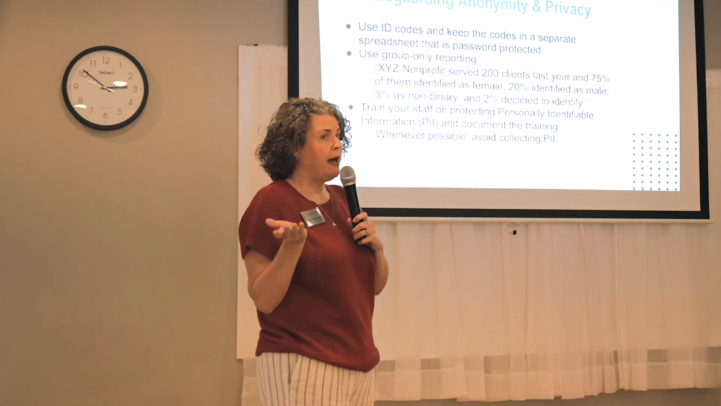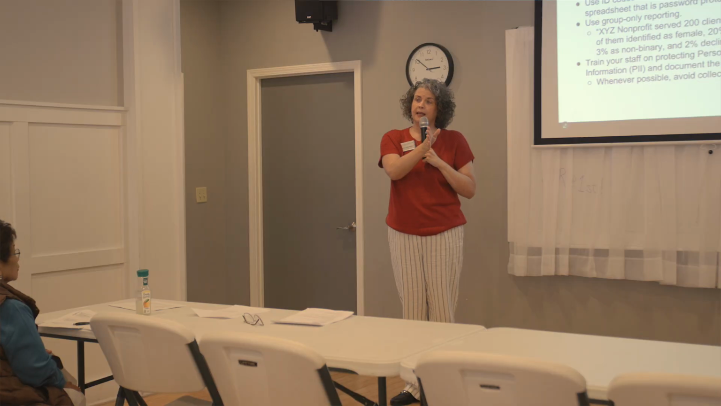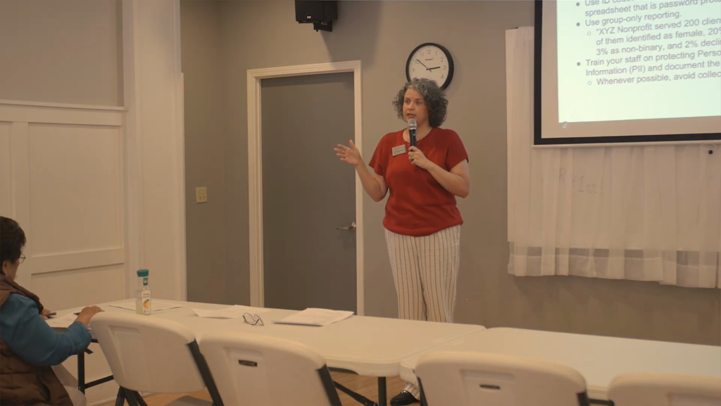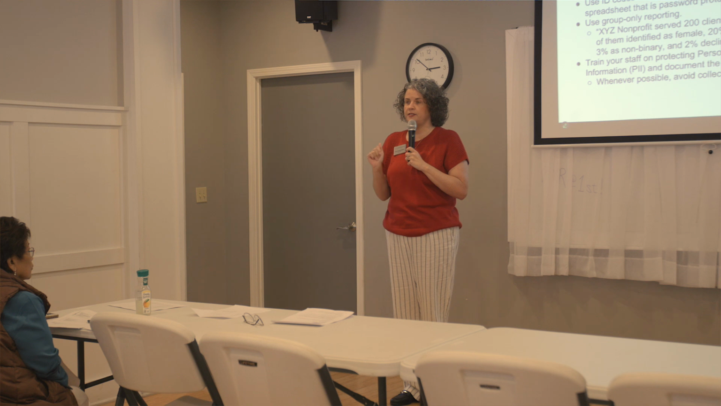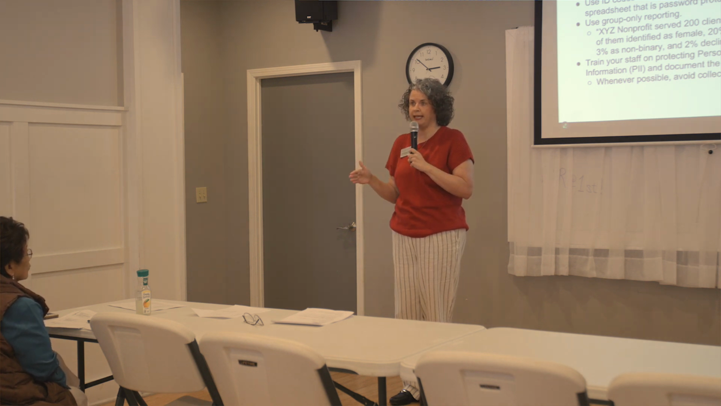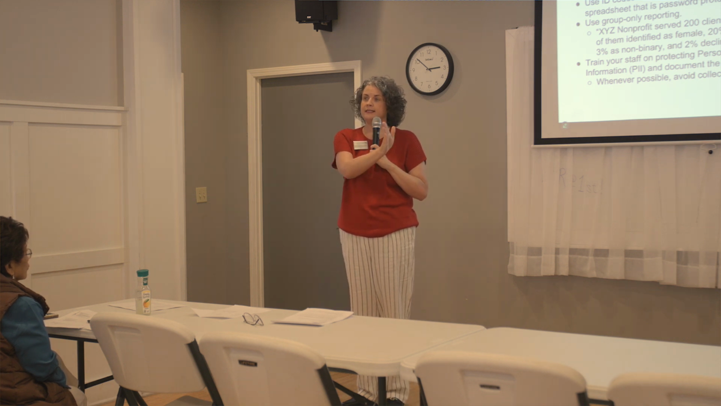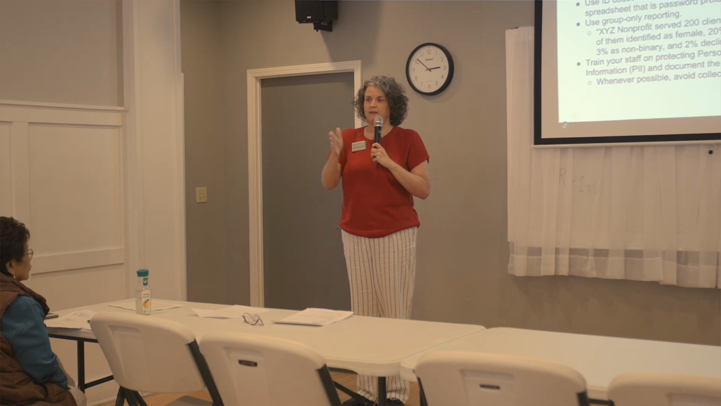Now, how do you track beginning metrics to ending metrics if you're going to do that? So if you need to trace information back to a specific client, the easiest way to do it is to issue an ID code to a client. Then you keep the ID code in a separate location. So the demographic information for client XYZ